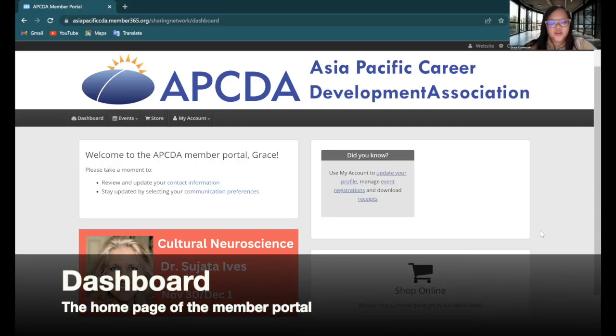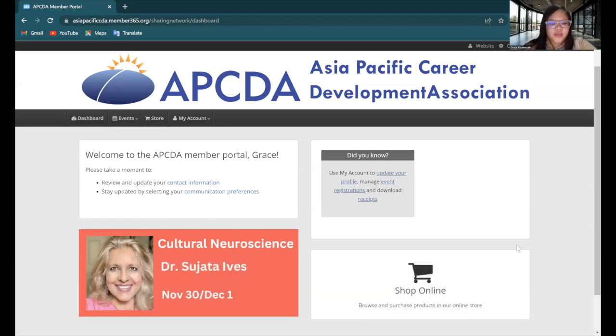We will be looking around the member portal and its available features for non-member users. After a successful login, you will see the dashboard, which is kind of like the homepage of the member portal. As you can see, there is a welcome message for you. There's an event banner that shows our closest upcoming event. There's a place for badges, which we'll be using to add announcements or reminders later on, and also a shop